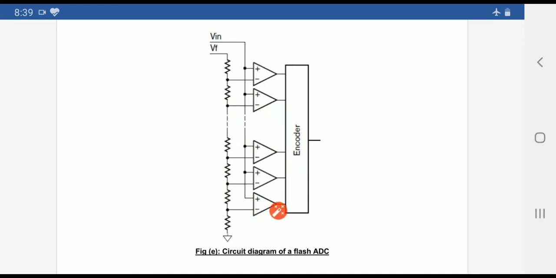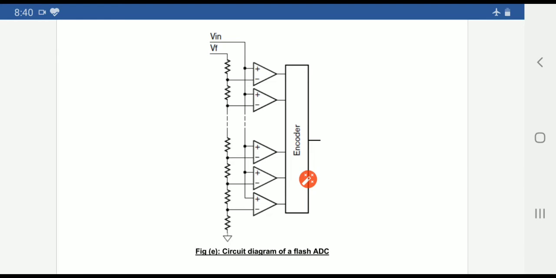Now when the input voltage V in is applied with respect to the reference voltage provided, if the input voltage for the comparators is greater than the reference voltage, then the respective outputs of those comparators will be logic 1. If the input voltage is less than the reference voltage, then the output of the remaining comparators will be logic 0. Those outputs are given to the encoder as the input. Then the encoder provides the fixed binary output at the output side using the respective algorithm.